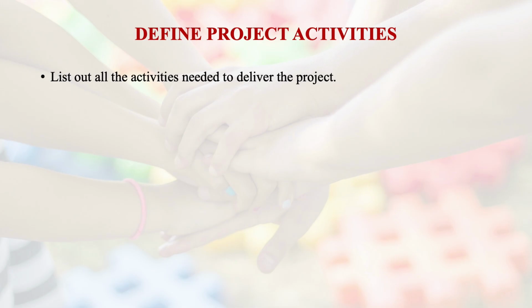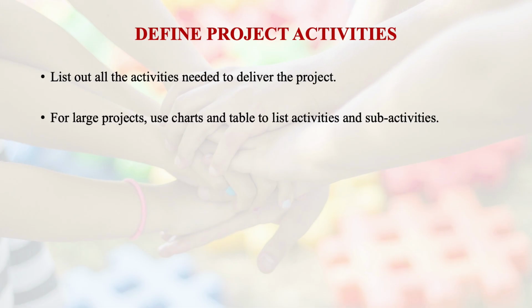Then the next stage, we define project activities. Now when we define project activities, we list out all the activities needed to deliver that project, right? For larger projects, you can use charts and tables to list activities and probably sub-activities of those activities, because one of the key considerations here is that when you are scheduling, micro level scheduling is more important than macro level scheduling. Like you can simply say one activity is design and it may take 4 months,